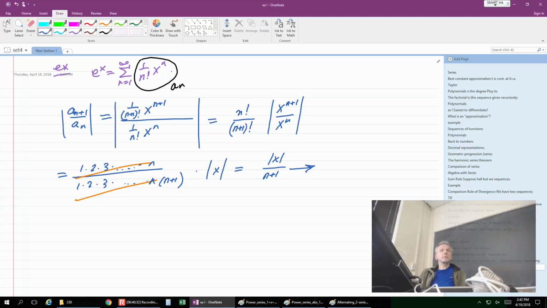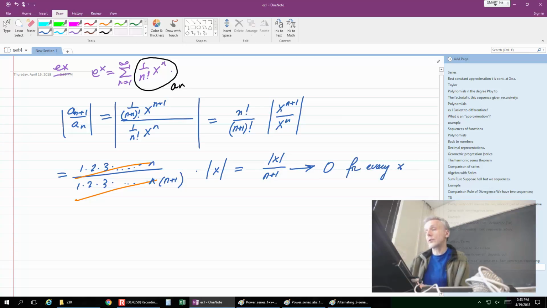What is the limit? So don't let absolute value of x confuse you. It's all about n plus 1. x is just a number, a constant number. It does not depend on n anymore. So what's the limit? 0. It is 0 for every single value of x.